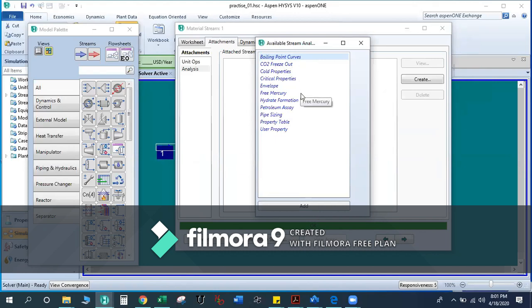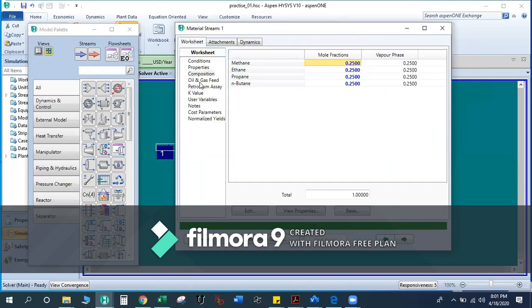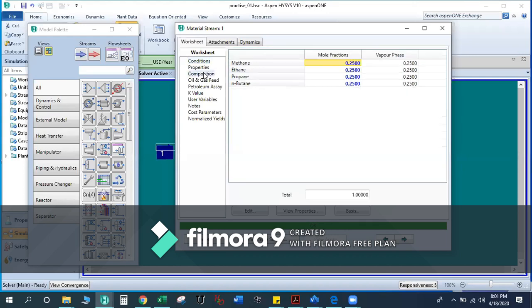These things can be calculated by going through this tab, but as of now let's leave it. So now we have defined the stream by providing the temperature, pressure, mass flow rate and composition.